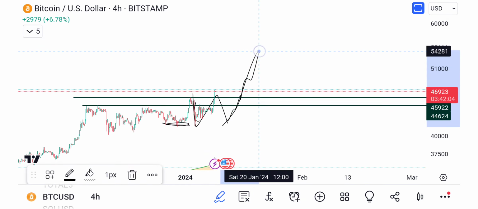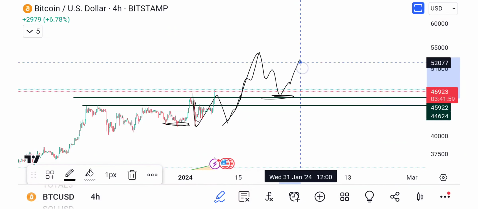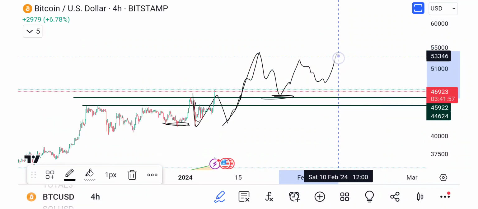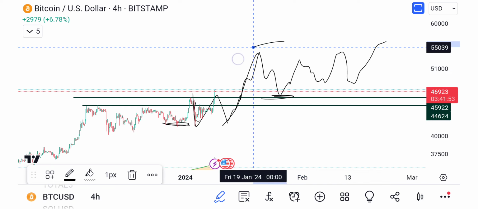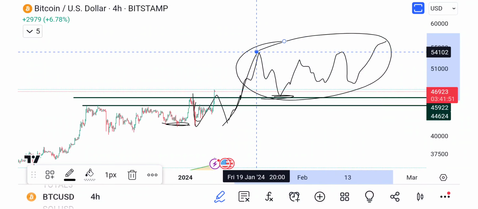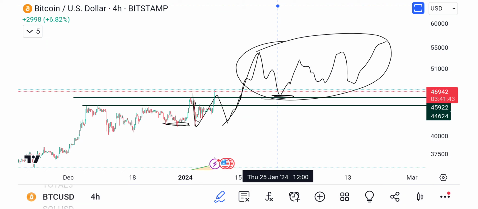So if we get back up here and we come down and we backtest, if we hold that and then start playing around in here, oscillating in here like this in a bigger distribution play, all of that is so good for the alts. That is where the alts shine the best. If Bitcoin is just rocking the upside, alts sort of just lag behind.